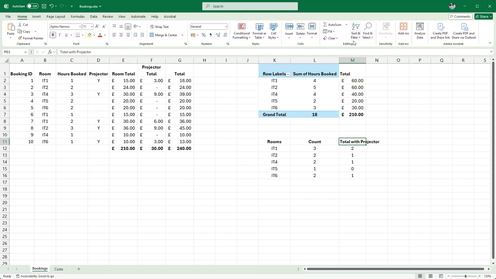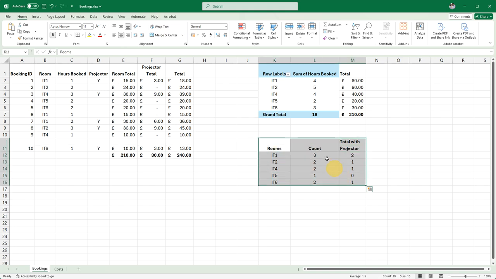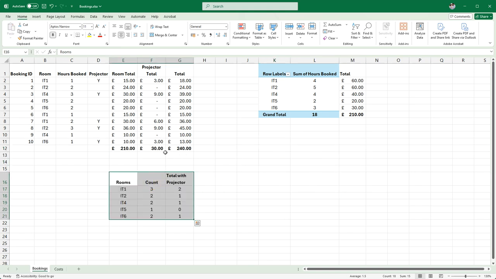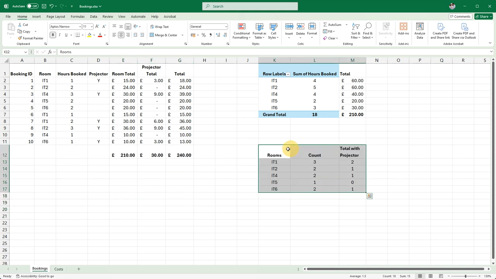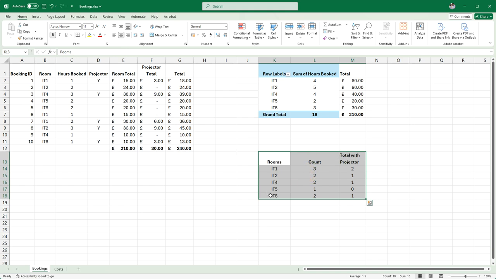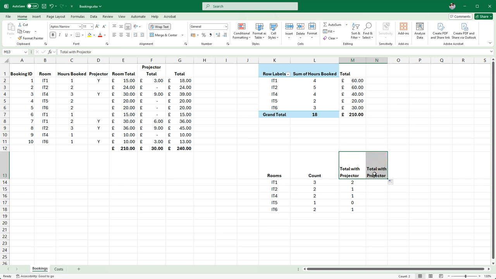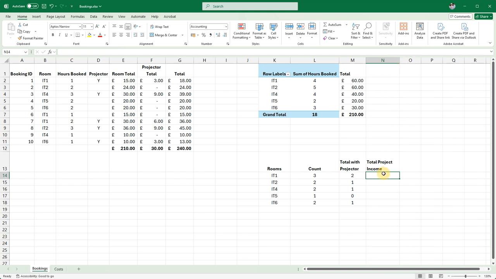I'm going to create a little bit of space here by wrapping the text, so this goes onto a new line. Never a big fan when it does things like dropping down the line here like that. You see, because that's expanded the cell, but I kind of like things neat. But let's look at the total then. So we're going to go with total projector income for each room. So this is going to be a currency,